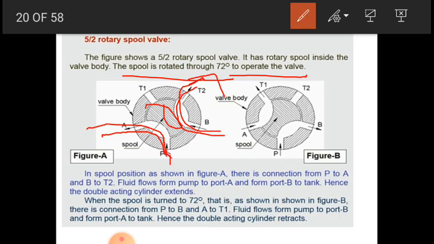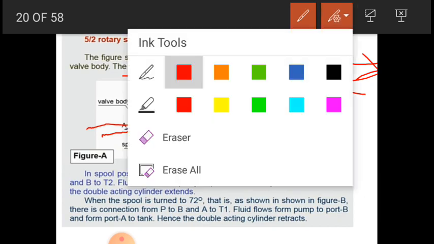While doing so, the actuator extends, which means it moves in the forward direction. To move this actuator in the backward direction, we have to change the direction of the fluid. How is that possible?